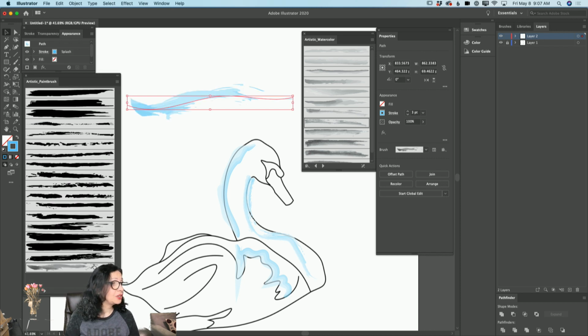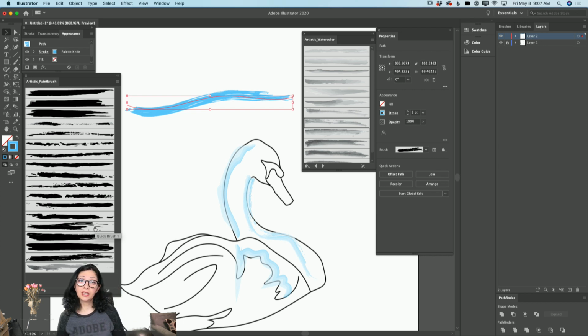Can you create your own brush? Yes, you can, and we will talk about this during our next week stream. I will show to you how you can create custom brushes in Illustrator, and I will show to you how you can create a custom watercolor brush in Illustrator. Today, as I mentioned, it will be a very short stream. Just users ask me how they can